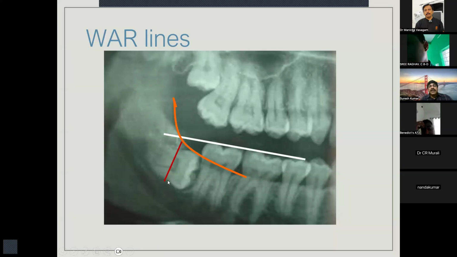So this is the perpendicular line. We apply the elevator here on the mesial surface of the impacted tooth and then we are going to elevate it. So this line will tell you the amount of difficulty that is expected during your bone removal and the tooth elevation. If the line is shorter, that means there is little bone covering the tooth. It's going to be an easier tooth. The longer the line, you can actually measure it through the X-ray. If it is more than 8 or 10 millimeter, then that is a case to be done under general anesthesia, not under local anesthesia. So the difficulty index can be easily analyzed from war line assessment.